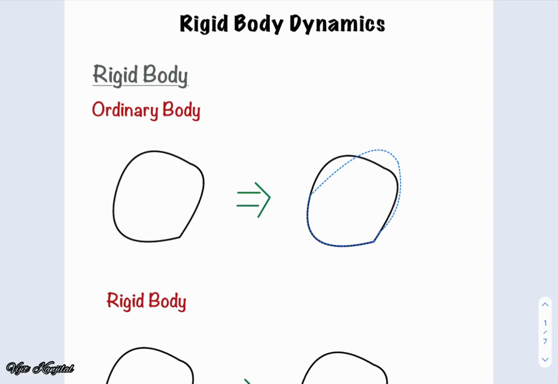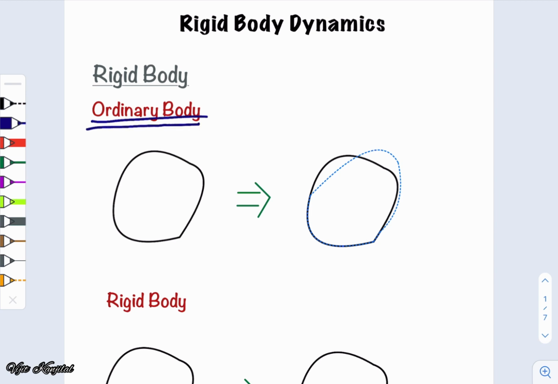So, to begin with, let us start our discussion by trying to understand the concept of a rigid body. First, let's try to understand what an ordinary body is. Let us assume that we have an ordinary body shaped like this, and we apply some forces to this